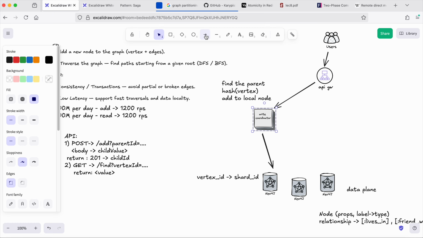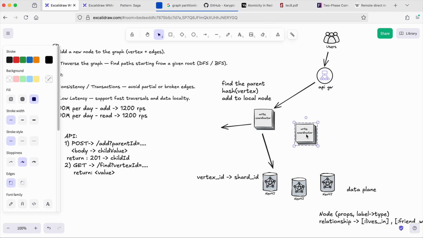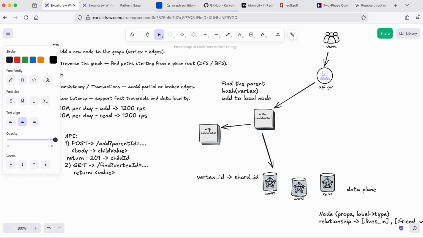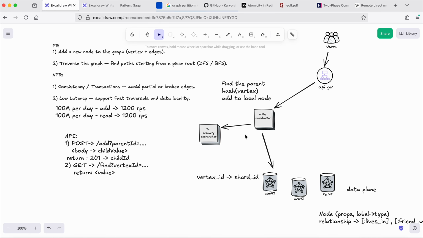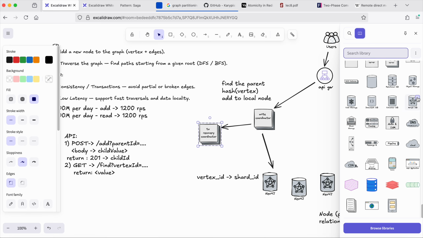That's the question, and here I would like to add a new component. I will call it the transaction recovery coordinator,